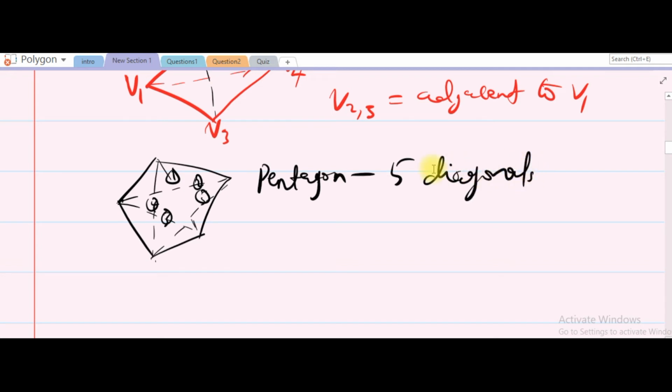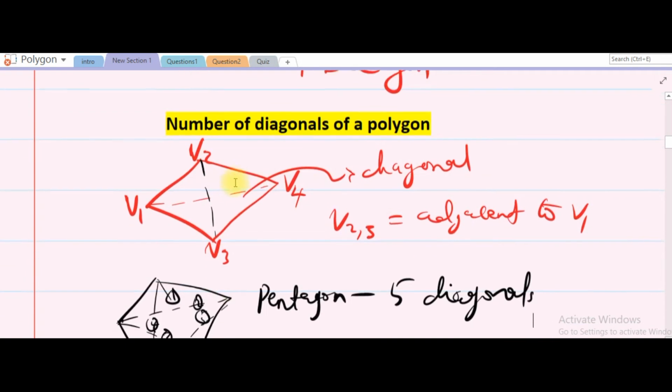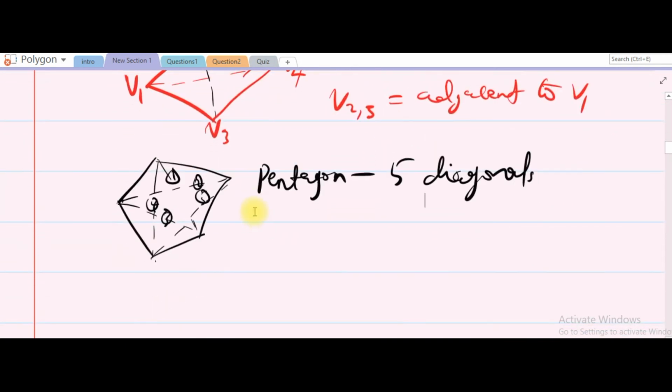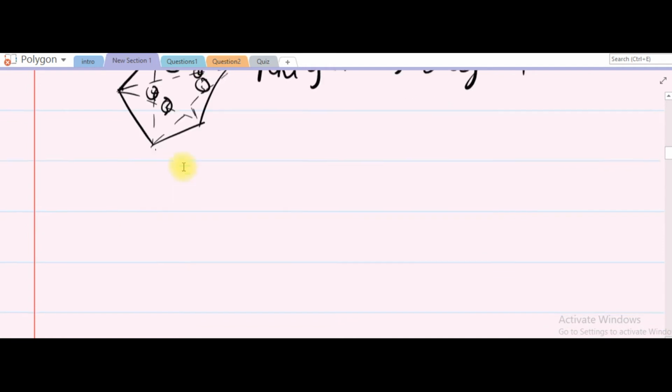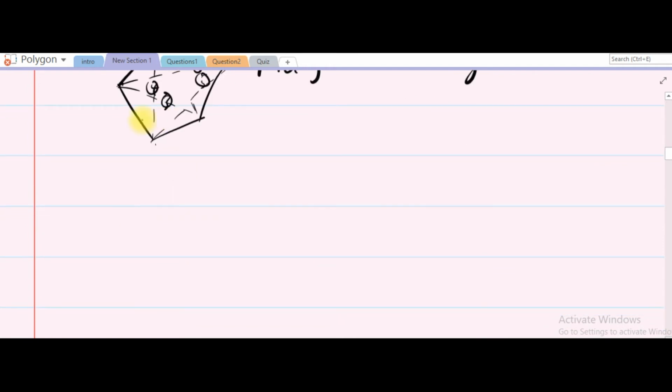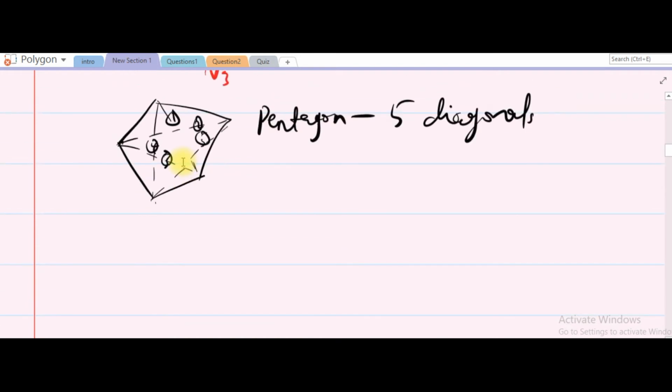Sorry, for a pentagon, we have 5 diagonals. With this, we now notice something. For a quadrilateral, we have 2 diagonals. So as we can generally derive the formula for the number of diagonals, you notice that we have a total number of, generally,